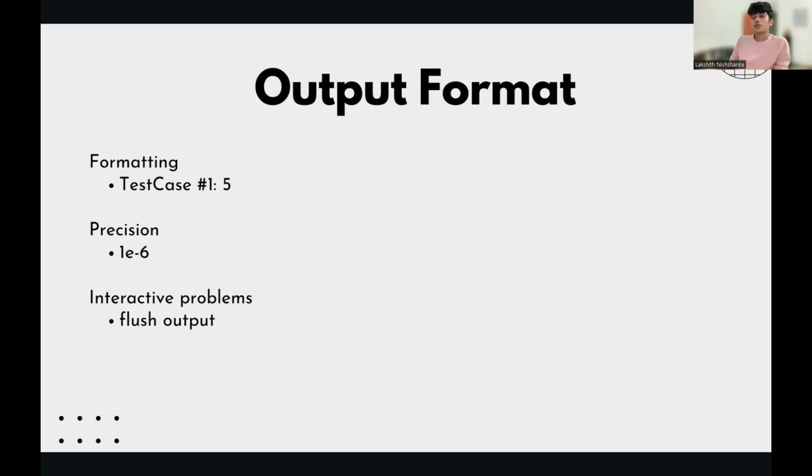So usually if a problem has floating point numbers, they will ignore some error. They will ask you to print your answer to 6 decimal points, stuff like that.